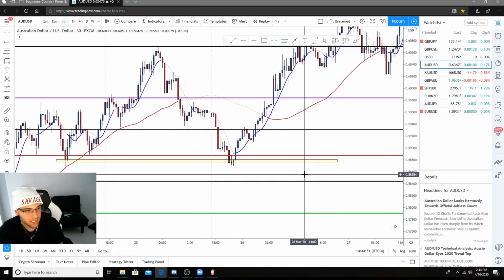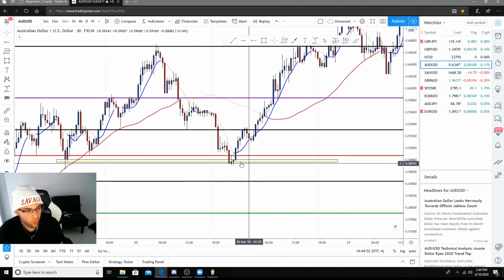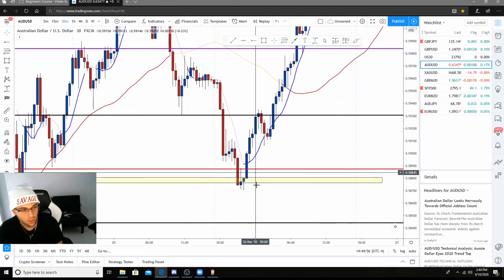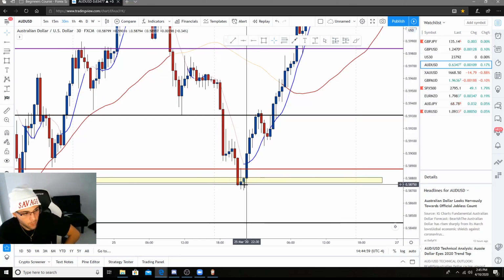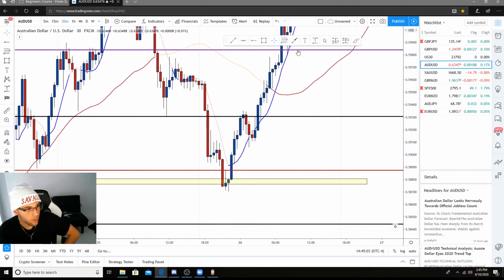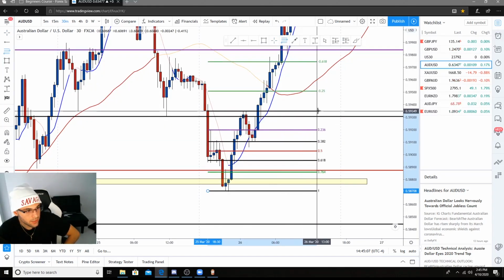And as you guys can see, we formed some type of support right here after hitting the golden zone, and then boom, candles start to get smaller on this side, and using multiple confluences to the upside,